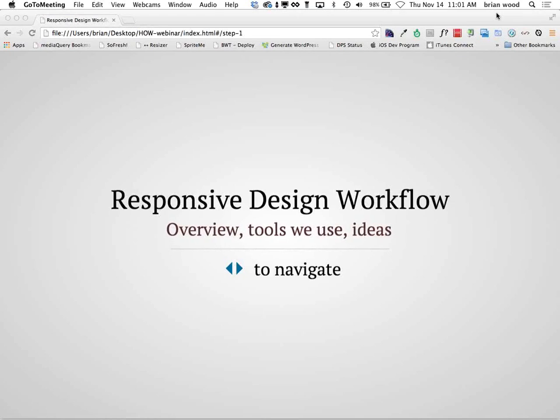And we're going to take a look at working with responsive design and focus on the workflow and talk about the tools and a lot of things that were just mentioned. But one of the things I want to put out there in the beginning is that I'm going to show you a bit about my workflow, what I've discovered, pain points, horrible things, good things, and